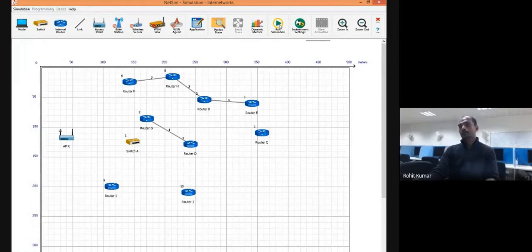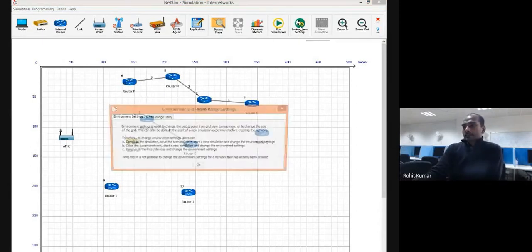So later on in the simulation, you will see how you can record video and later you can play it. So what's the benefit? That if you have recorded video, later on if you want to analyze every step carefully, then it is not possible to again rerun. So it's a better option NetSIM provides, that you can record your video in the real time. Later on, if you want to analyze something, you open the play video and just simply stop it at any time, and you can increase the animation speed, you can reduce the animation speed, and you can simply see how a particular packet is moving onto the link.